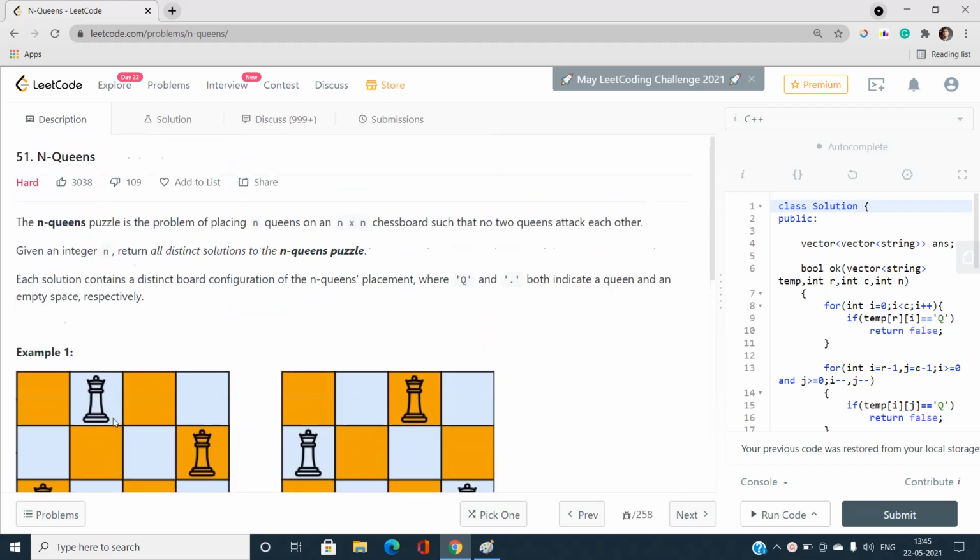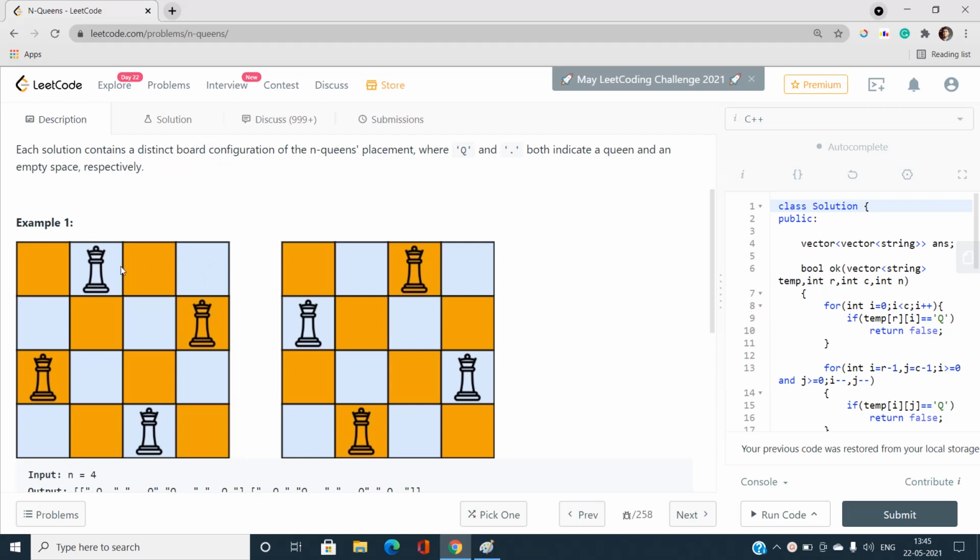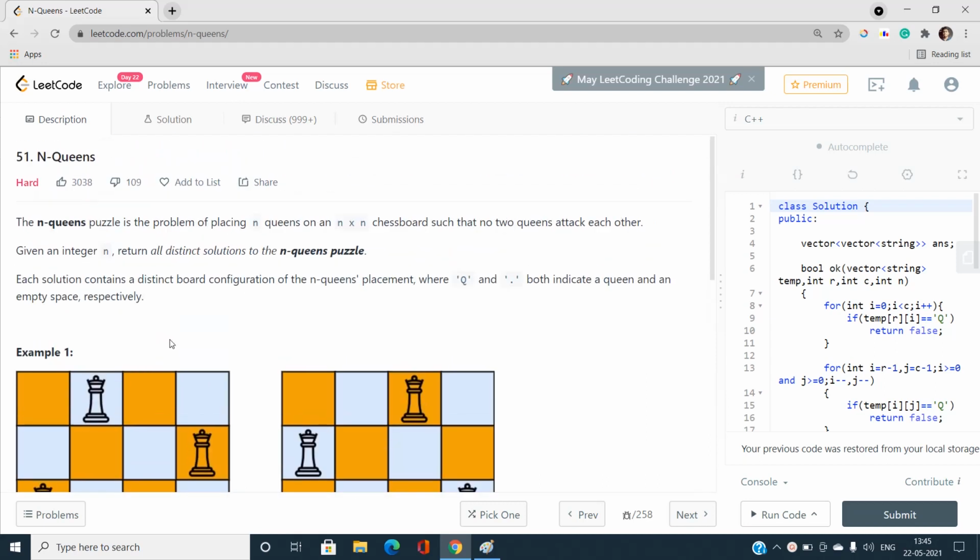and we will together build up the approach. Okay, so the N Queens puzzle is the problem of placing n queens on an n by n chessboard such that no two queens attack each other. So we will be given an n by n chessboard, and our aim is to put the n queens. That is, I am going to put n queens on this chessboard such that no two queens attack each other. We should place these n queens on the chessboard in such a way that no queen is going to attack another queen. Okay, no two queens attack each other.